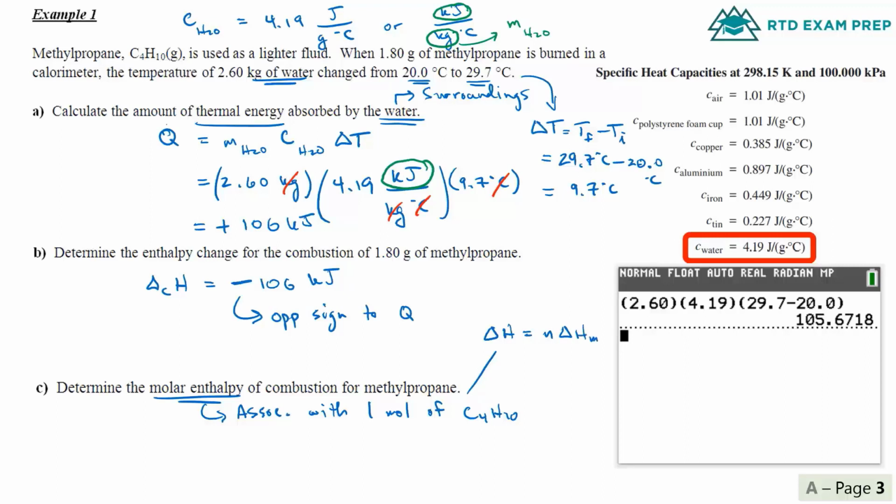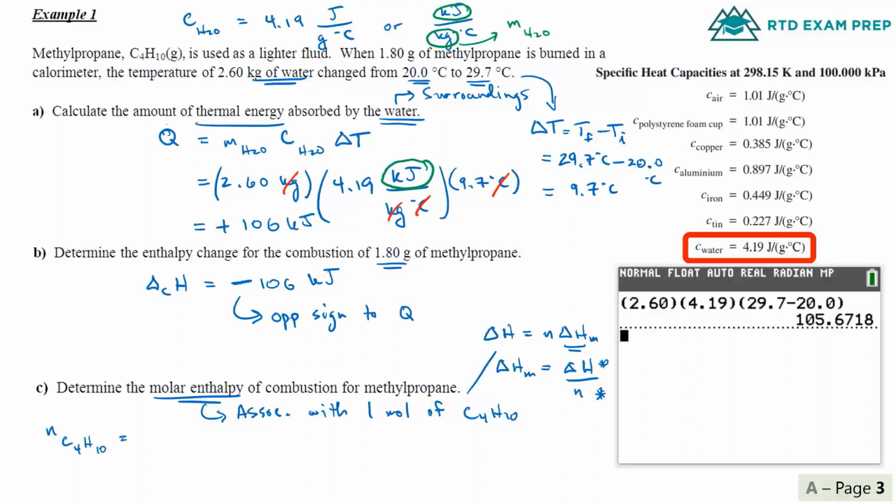If we rearrange this formula, remember this is what we're trying to figure out, the molar enthalpy would simply be equal to the delta H for that reaction over the number of moles. Well, we already have the delta H for this reaction, but now we need to figure out the number of moles of the compound in question. Now don't forget, this 1.80 grams is the mass of our compound. If you recall, the way we would calculate the moles of this substance